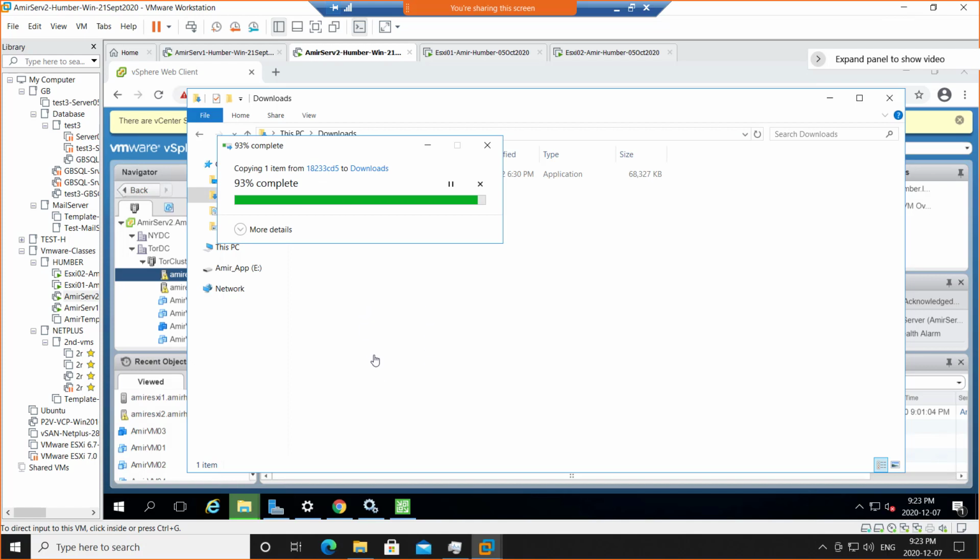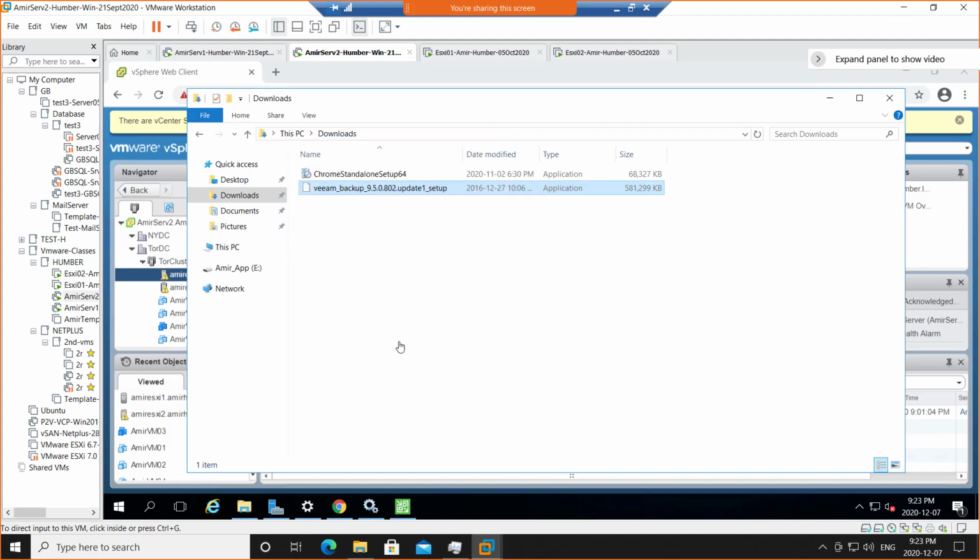So this update file is going to work on 6.5 vCenter, right? So this file has been copied here, inside the server 2 machine. So I'm going to double click that. So guys, this should be installed like this before the next class, because we're going to try then the VMware backup and restore. It has to be also connected to the vCenter.